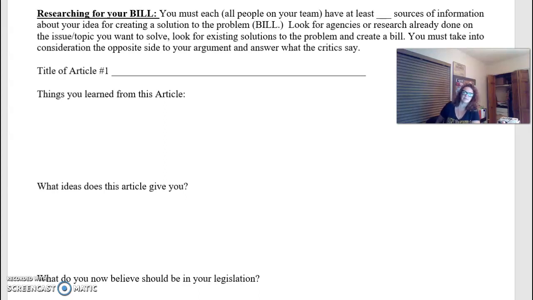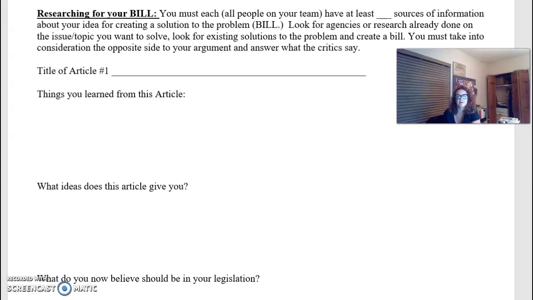So we've been talking about the legislative branch, and now we're going to practice. I think that you've already chosen an issue, and now you're beginning to write or to start your research. So I have included this form here that you're looking at on the screen, and this is what I've been using for years to help kids organize their thoughts about getting all of their information into a bill.